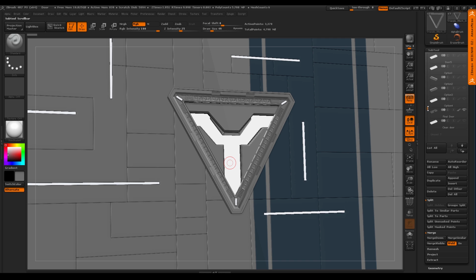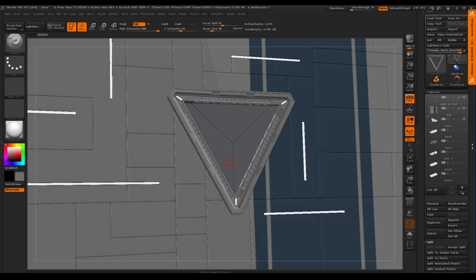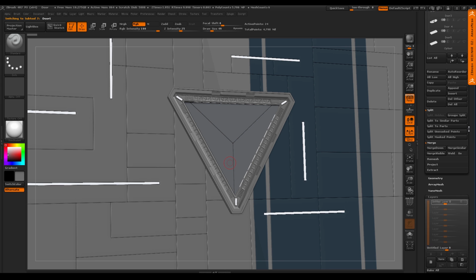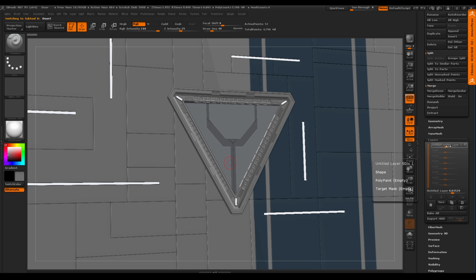So I'm going to show you a couple different doors I was just messing around with and figuring out, hey, how is this door going to open? So you can see here I have several subtools with various doors here. So we'll just look at just this one door right now that's on. And if I go down to my layer, you can see I just use my layer to kind of open the doors. And you can see hey, that's actually looking pretty cool with both doors being there. So I just kept going through the doors and opening and closing them using the layer system.